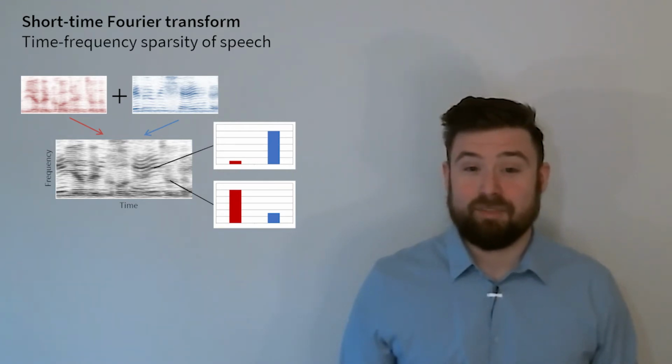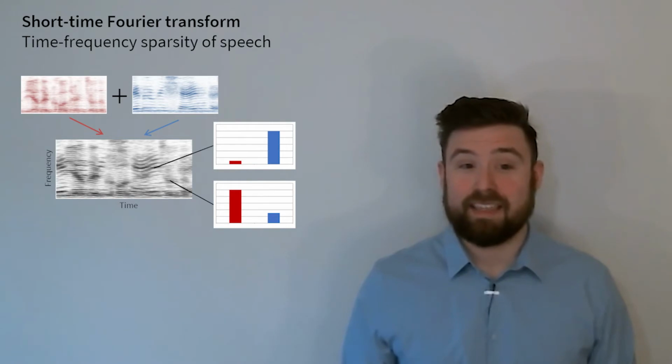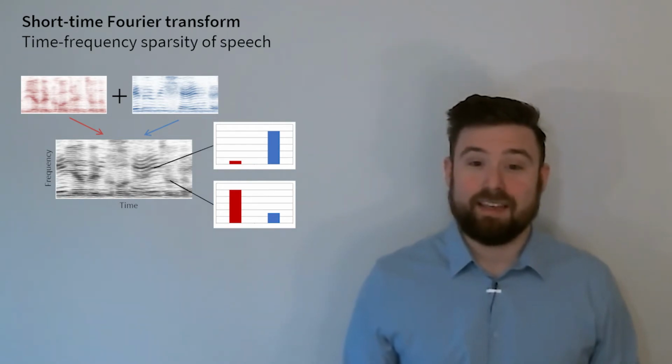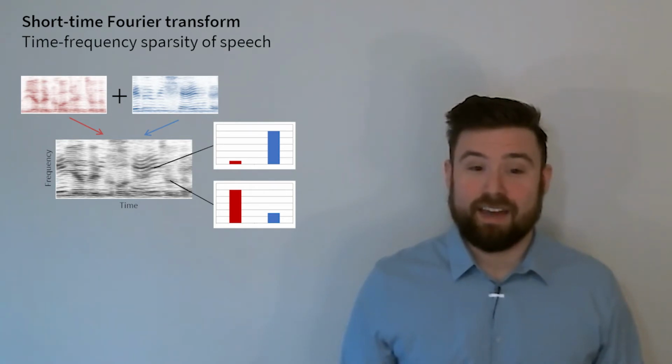That means we can separate a mixture of speech signals by taking the STFT and chopping it up, assigning each time frequency point to one of the sources. This method of speech enhancement is called time frequency masking. The strongest source is decided by a classifier, and the quality of the enhanced signal depends on the accuracy of the classifier. Here's the example from before, but with only one microphone.